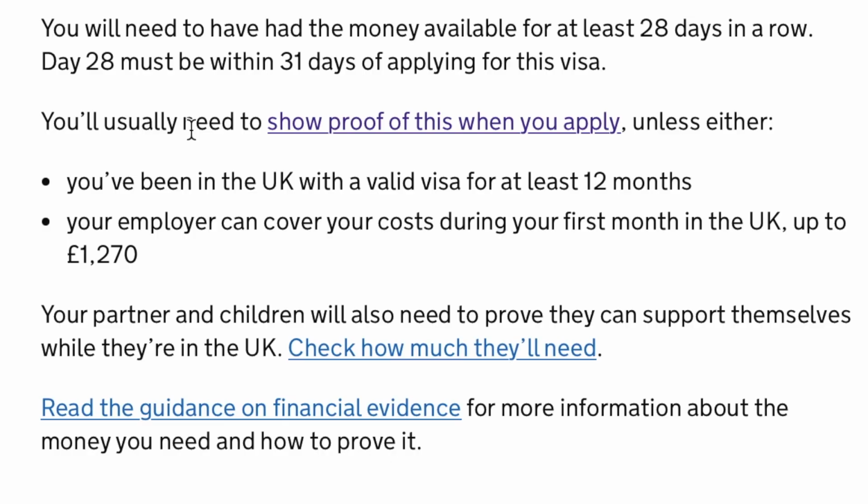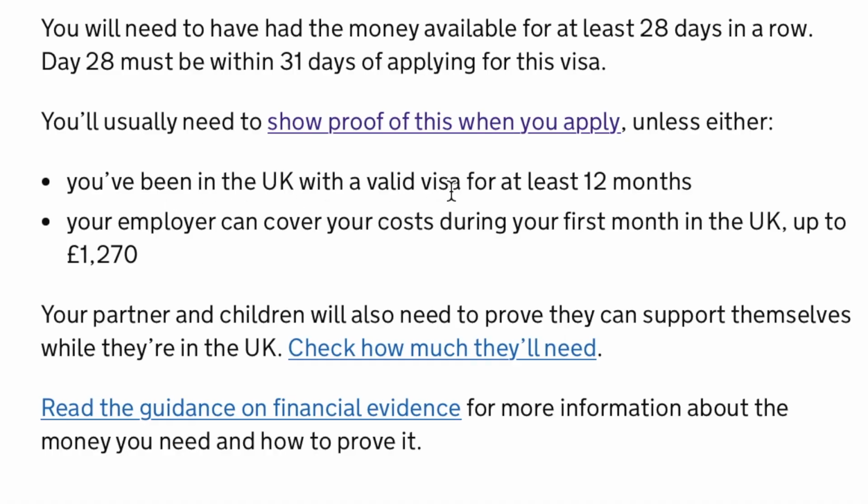The 28-day rule also applies here. But you usually need to show proof of this when you apply, unless, so there are people that do not need to show proof of funds when they are applying or switching to a skilled worker visa. If you've been in the UK with a valid visa for at least 12 months, then you don't need to